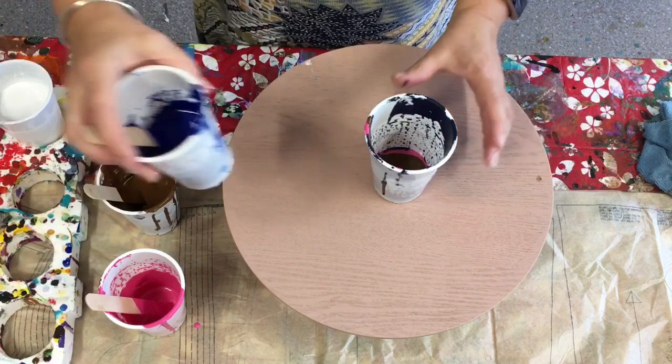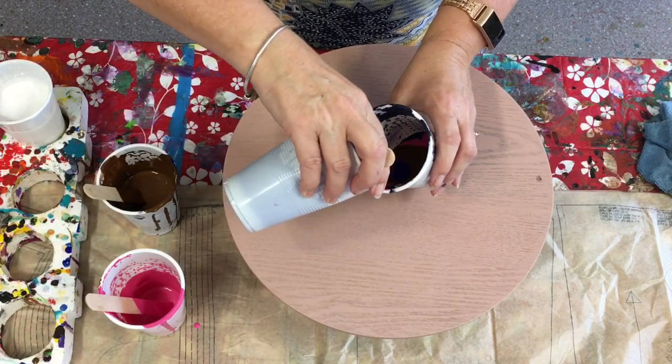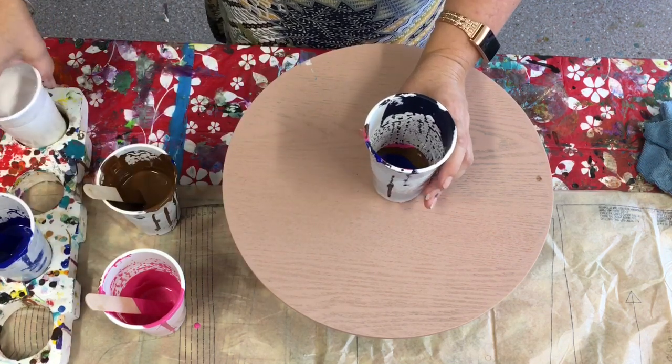So that was burnt umber. Then I've got some cool blue. They're just leftover colours, and I thought, well, instead of just doing it here on my own like I would